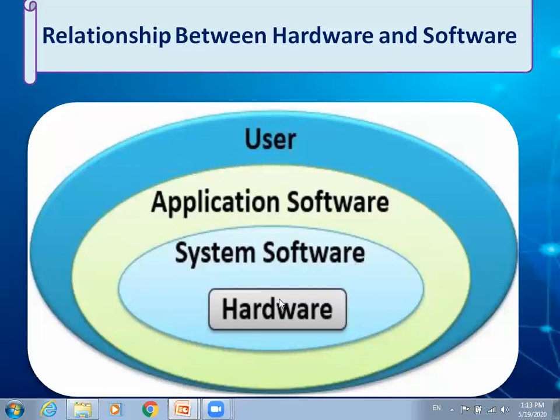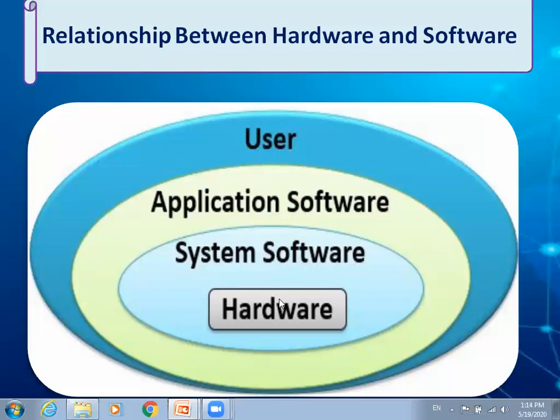First of all, we have hardware, then we have system software. In system software, we must install some kind of operating system. For example, Windows is an operating system with a graphical user interface, GUI. First of all, we will install the operating system. After installing it, we can work with the computer hardware, and the system software and operating system provide support to all other application software.